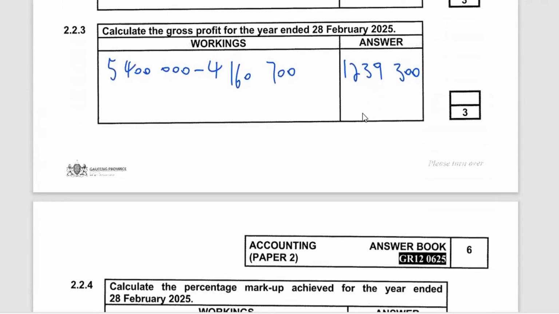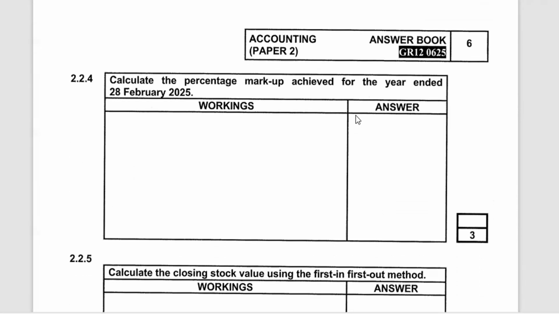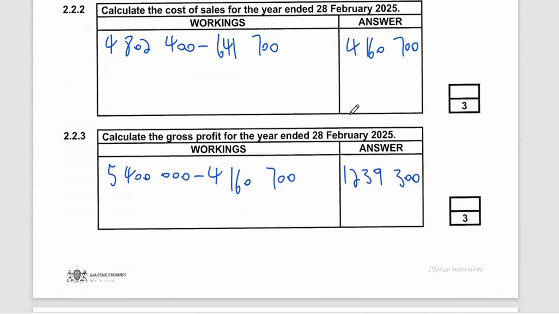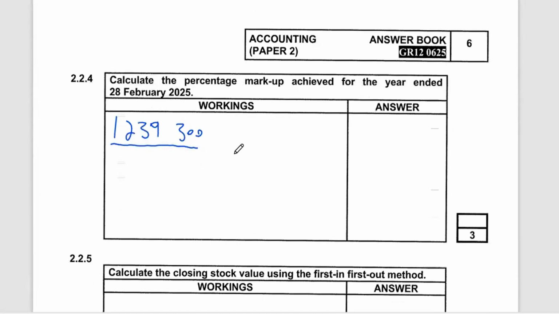So we have calculated our gross profit of 1,239,300 divided by our cost of sales. Then how much is our cost of sales that you have calculated? It's 4,160,700. So since we want the percentage, we're going to say multiply by 100 divided by 1. Then we get our percentage, which is